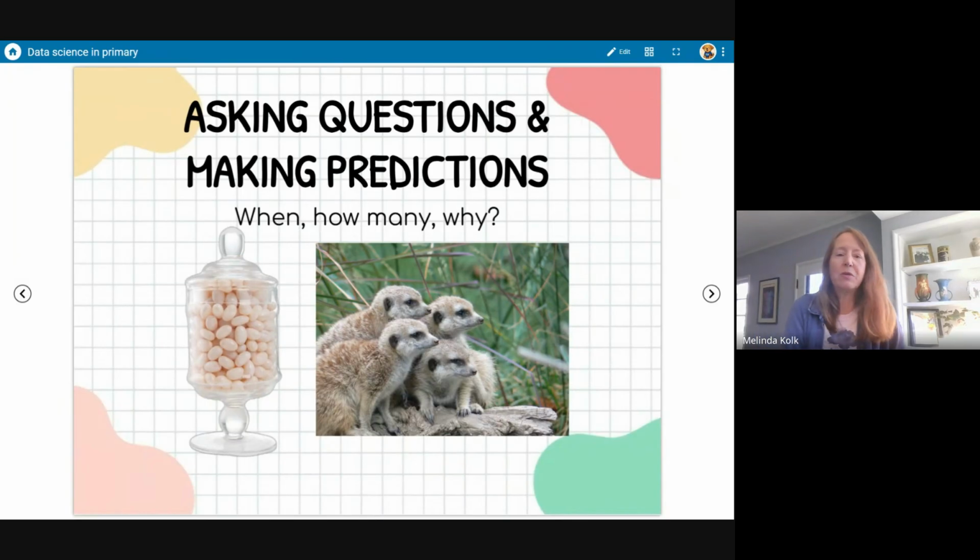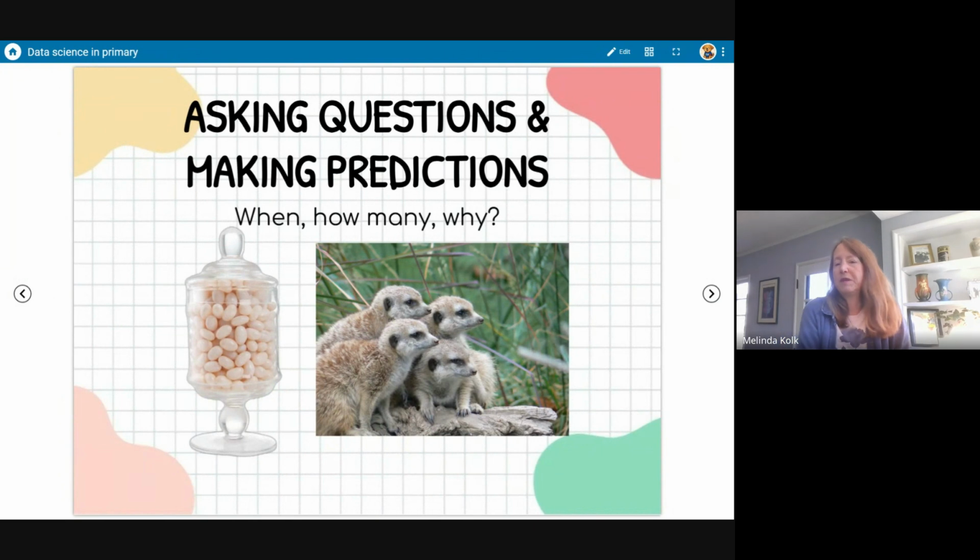We're working with that. So, if you have that jar of jelly beans, or fill something with nails or paper clips, how many do we think are in there? Let's take it apart and count it. That's a wonderful example of very early grades doing some of that building number sense, but also, again, making a prediction about size and space and measurement.